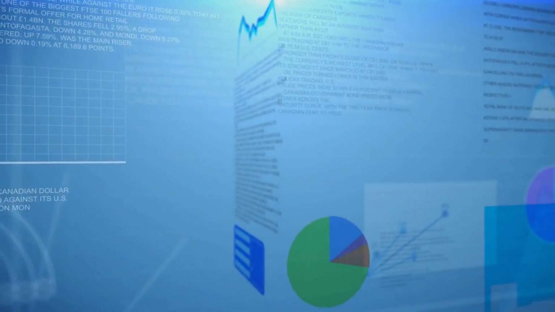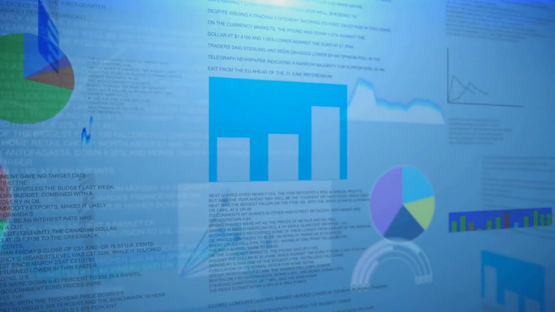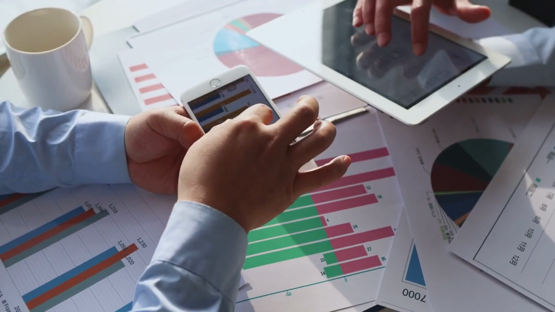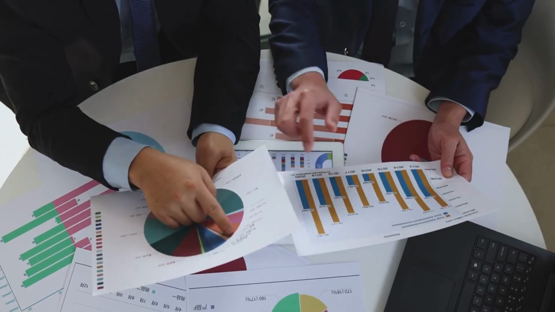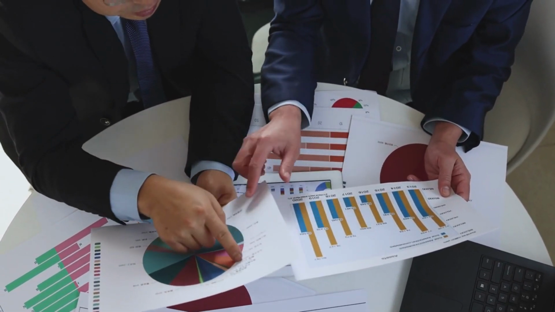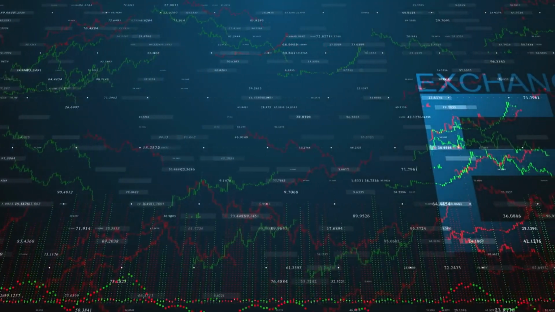Expense ratios and fees. Every ETF charges an annual expense ratio, a percentage of your investment to cover management and administrative costs. While international ETFs are generally cheaper than mutual funds, they might cost more than US-focused ETFs due to complexities like currency conversions and compliance with foreign regulations. Here's how to evaluate costs.